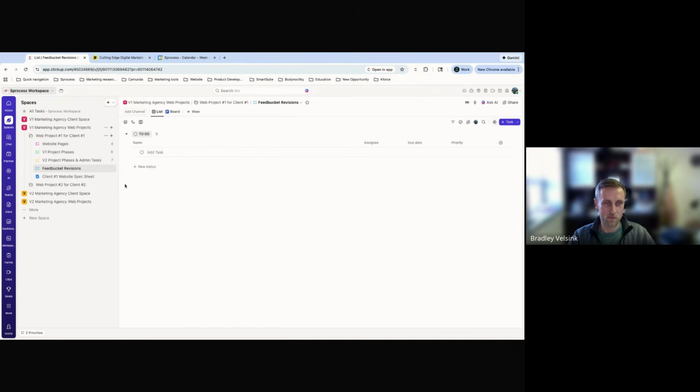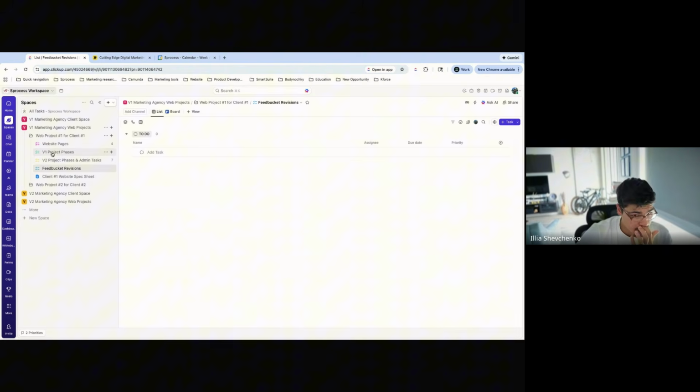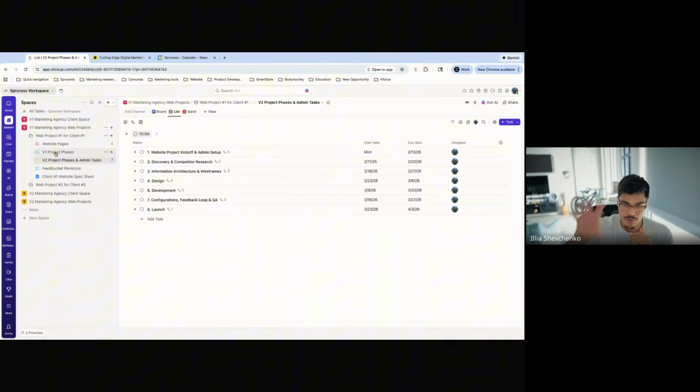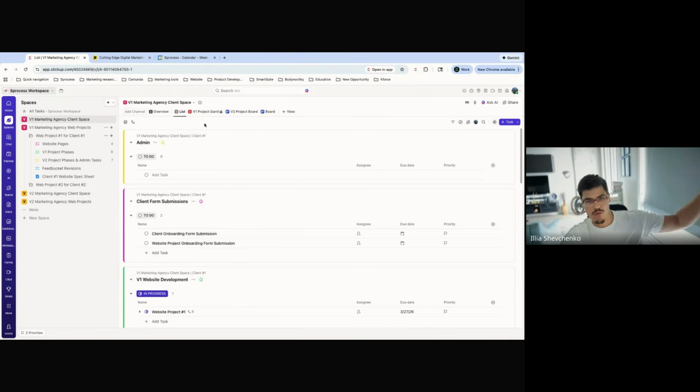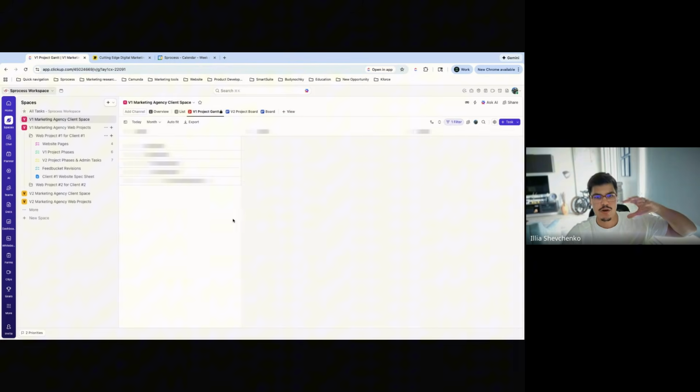Perfect. All right, so if that makes sense, let me go through one more thing, which is, again, looking at things from the high-level perspective, because we not only want to see things up close in each of the projects, but also what happens when we want to look at all the projects from the high level. So I think I mentioned, from the agency overview of all the projects that we're working on,